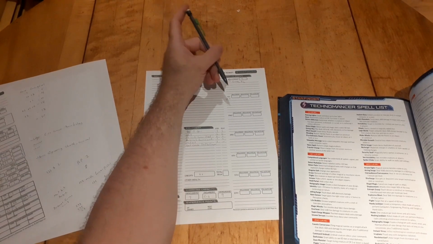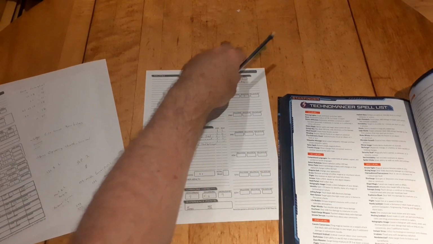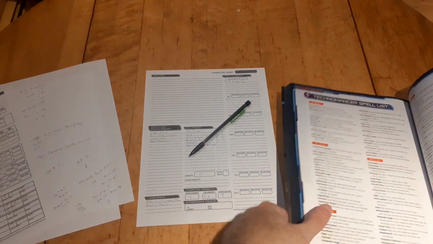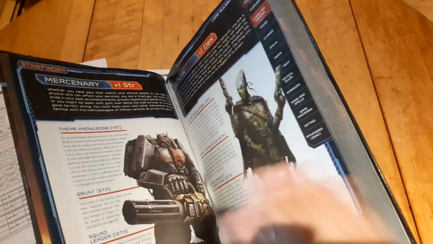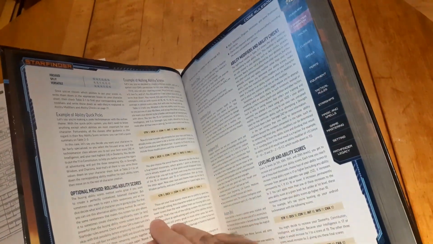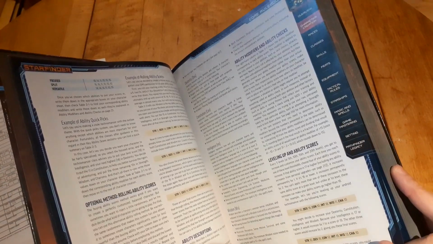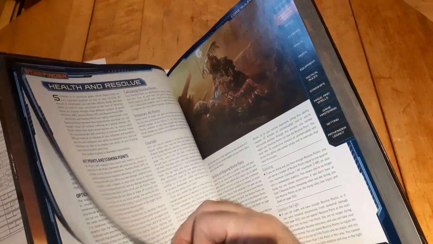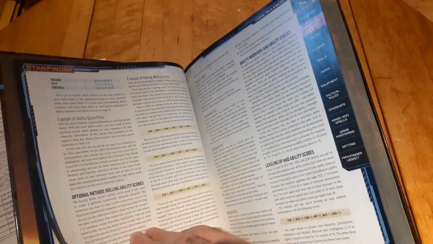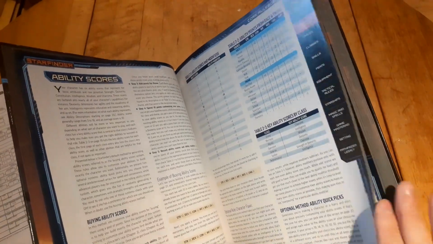Spells known 4. Spells per day 2. I don't think we get bonus spells for intelligence like we did in Pathfinder first edition. I've got so many different systems running around in my head that I just want to be absolutely sure. Okay, yeah, no bonus spells. That's fine. Let's go back to our...